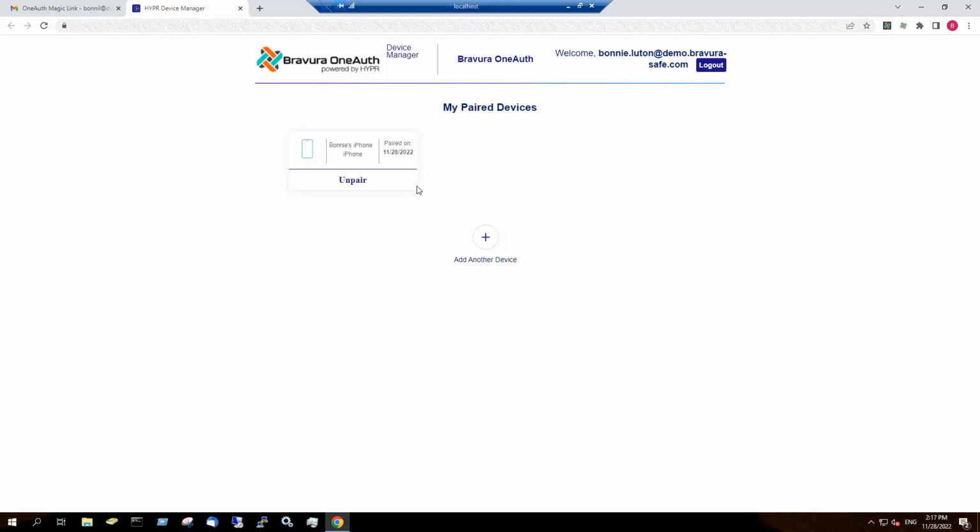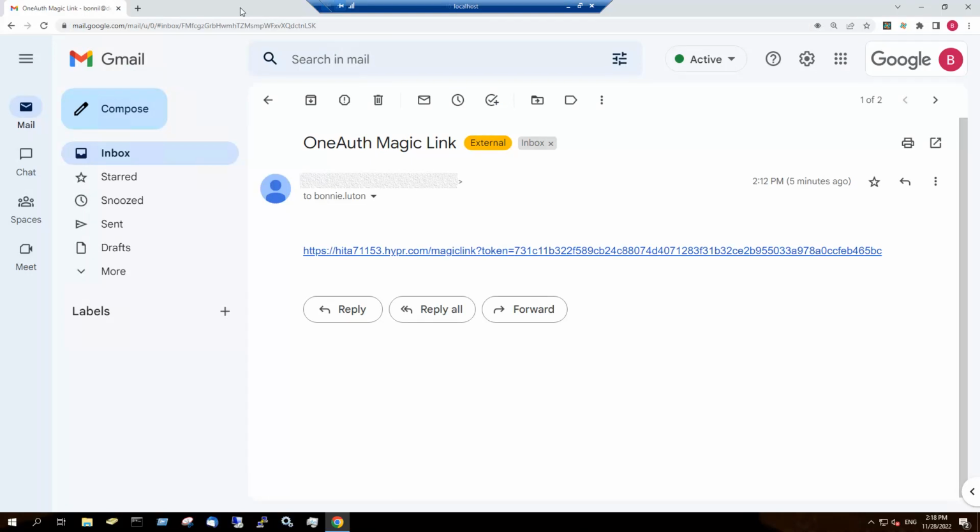Back on the Device Manager page, we see Bonnie's device name and type, as well as the paired date. She can unpair a device from here, or add multiple devices to her account. Bonnie is done with the Device Manager, so she closes the tab. Having completed the onboarding instructions for Bravura OneAuth, Bonnie moves on to the onboarding instructions for Bravura Safe that were